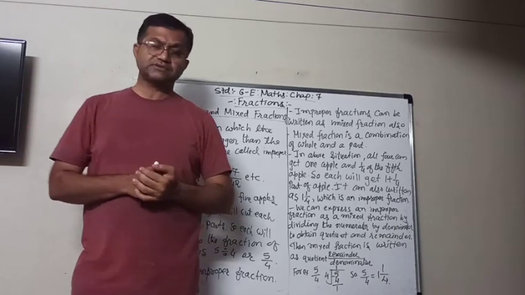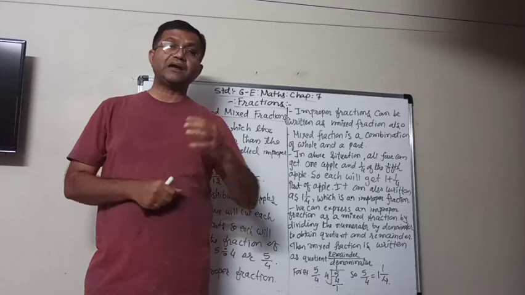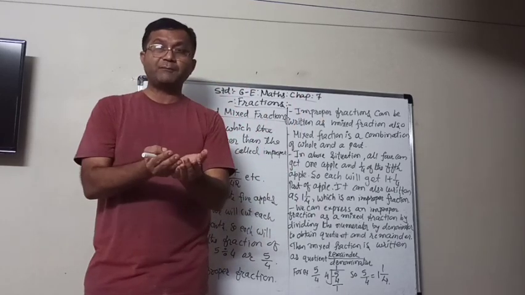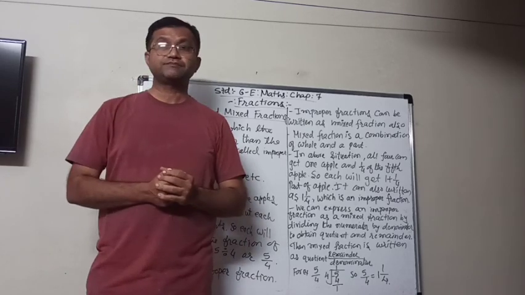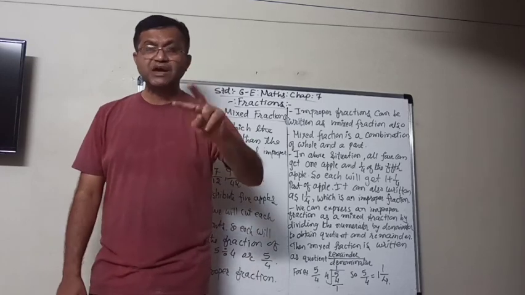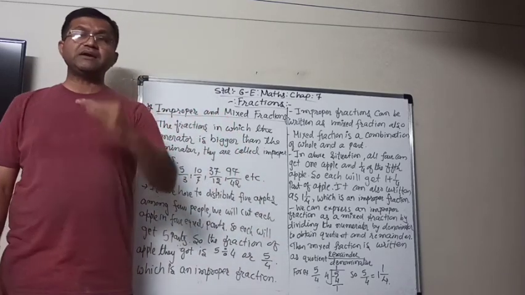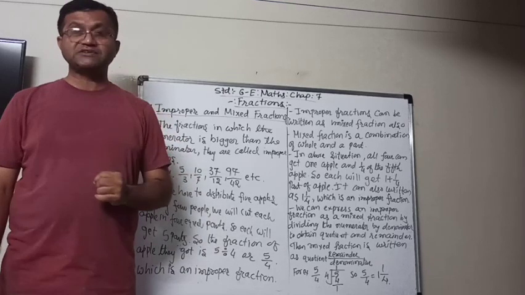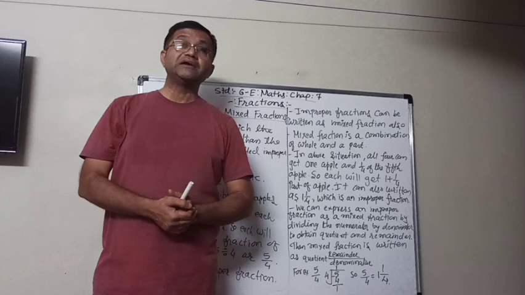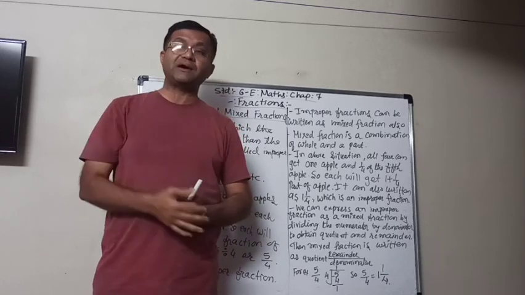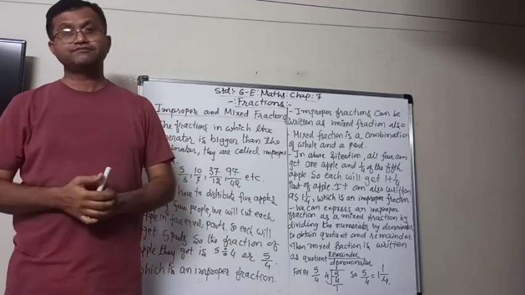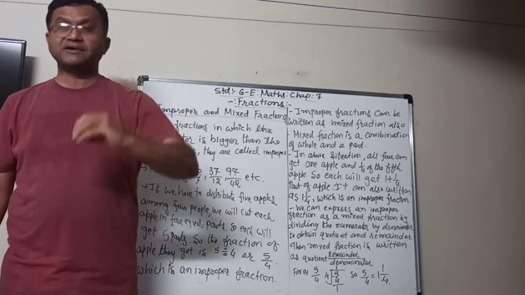So here you can see that they are getting more than a whole. They get the whole apple and a part of it. The second situation is that each apple can be divided into 4 equal parts. All the 5 apples are divided into 4 equal parts. Then each one will get 1 part from each apple. So they will get 5 parts.